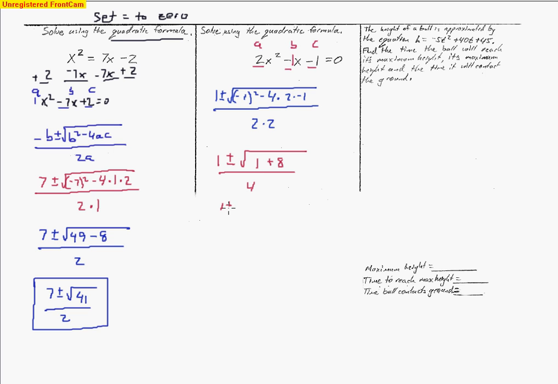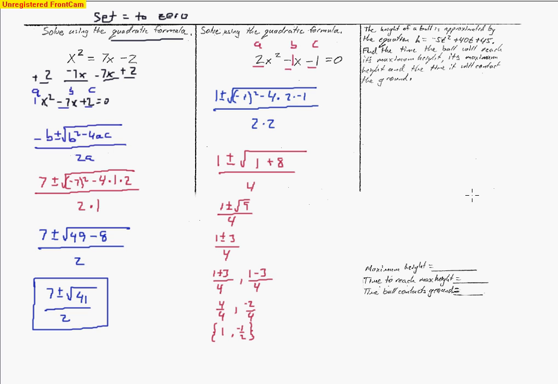It's 1 plus or minus the square root of 9 over 4, and you can go ahead and take the square root of 9, which is 3. And from there, it's all still over 4. So you can set up our two problems, 1 plus 3 over 4, and we also have 1 minus 3 divided by 4. So we end up with 4 fourths, which is 1. And here we get negative 2 fourths, which is negative 1 over 2. Those are the two